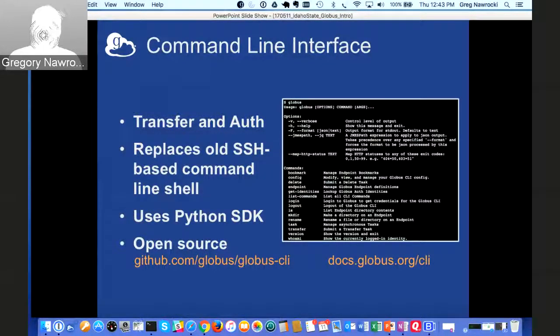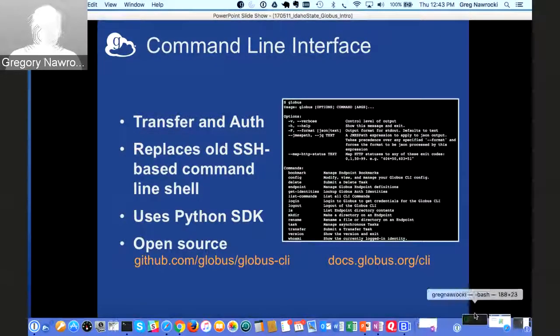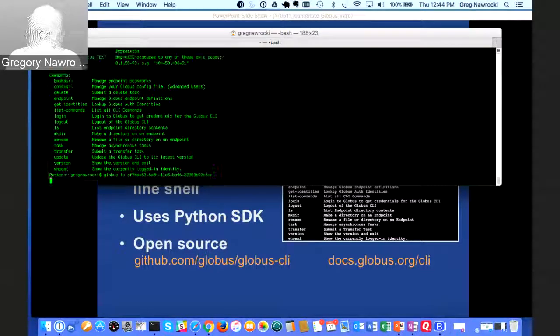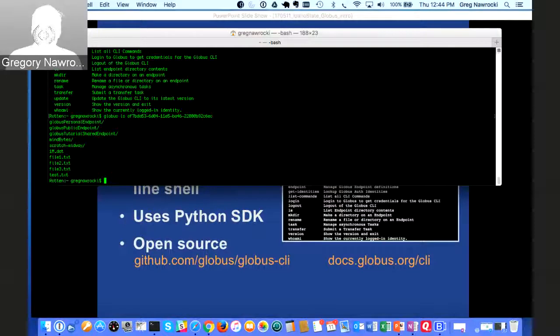The other neat thing about that is if you've got scripting, you can script around the command line interface to do things customized to your own workflows. And a quick demo here. If I bring up Globus help, you can see there's the ls command there, and I think I've cached that UUID right there, which is the UUID of my endpoint on Midway. So if I do an ls on that UUID, there we go. There are those files that you saw on my endpoint on Midway. So you can do everything in the command line that you can in the GUI.